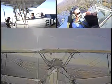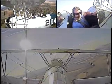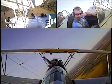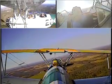Nice. Let's try one more of those to the right. What do you think so far? Pretty easy? Yeah. Good. Stick back to neutral. Add that right rudder. And we'll roll the wings back to level here. So, basically, in a nutshell, when you make a right-hand turn, ailerons, rudder, elevator, you're using all three